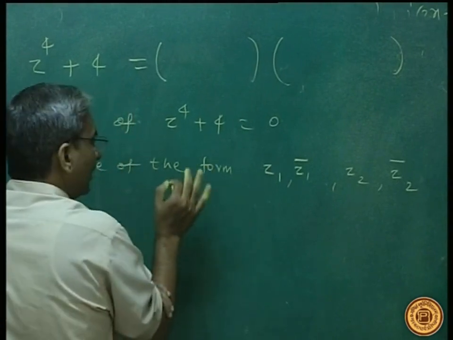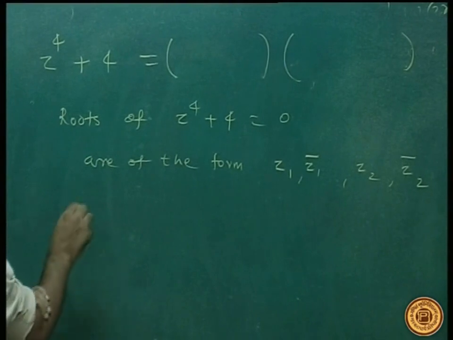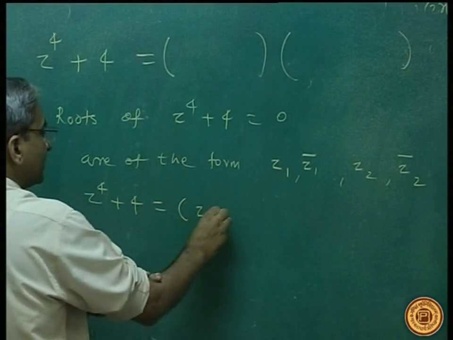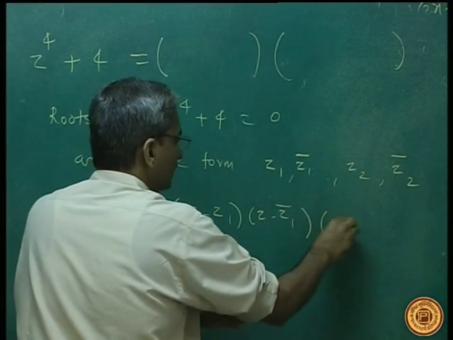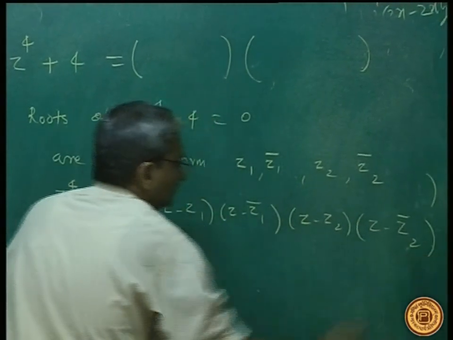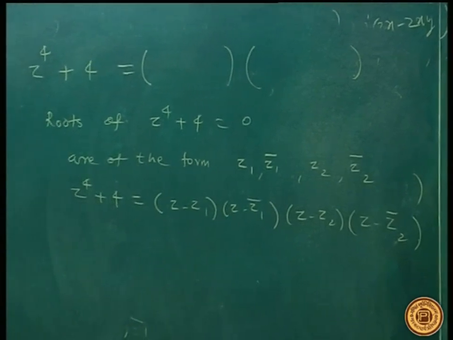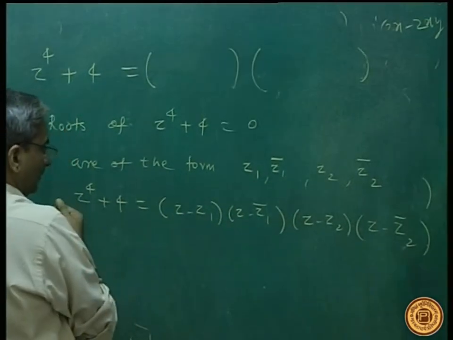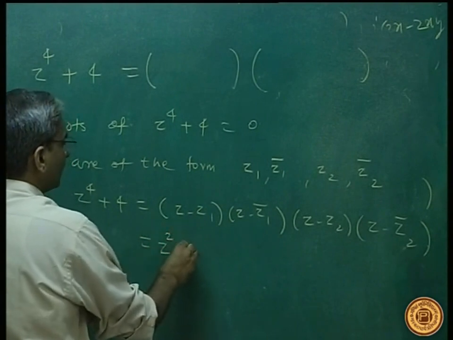So when we have roots of a polynomial, we can find factors. So this z raised to 4 plus 4, you can always write as (z minus z1) into (z minus z1 bar) into (z minus z2) into (z minus z2 bar). Now when you multiply this out, you will observe that this is z square minus